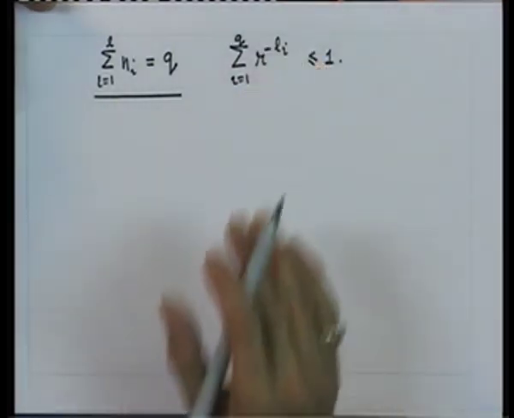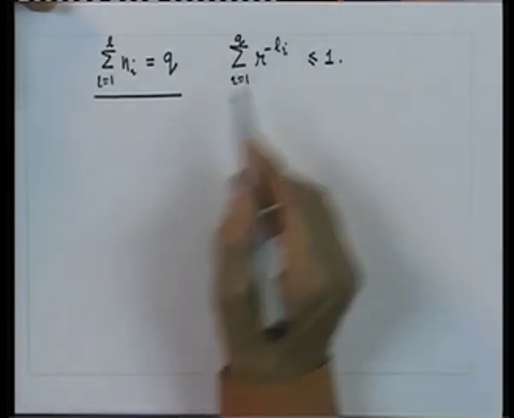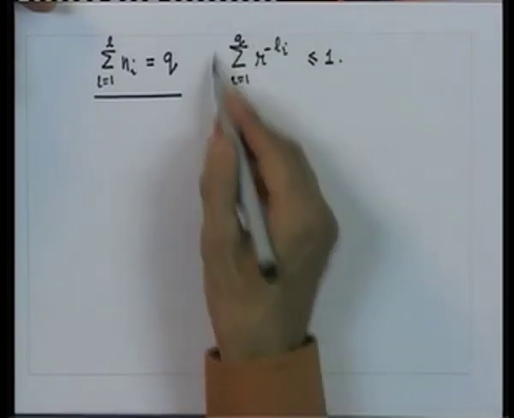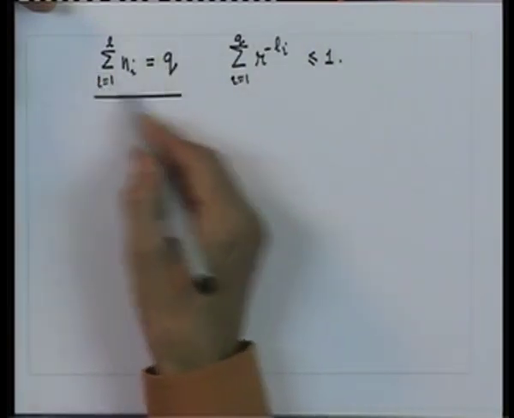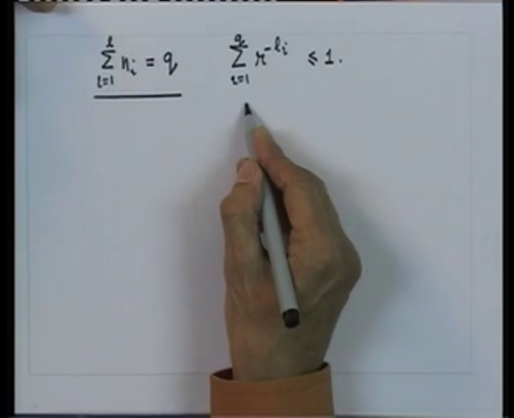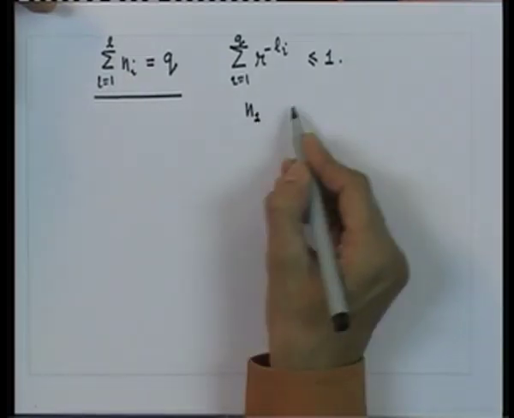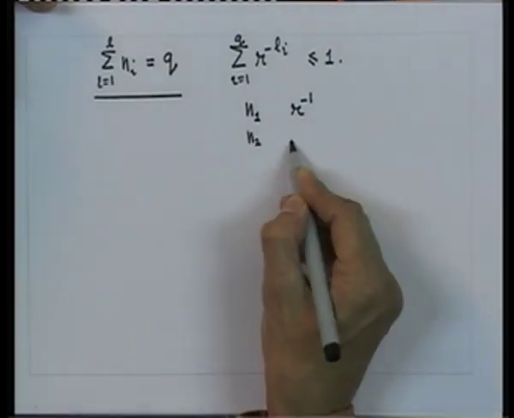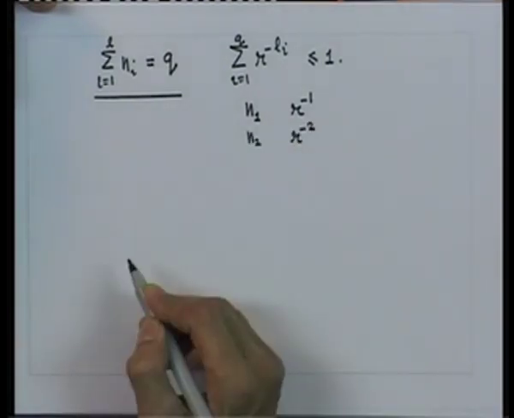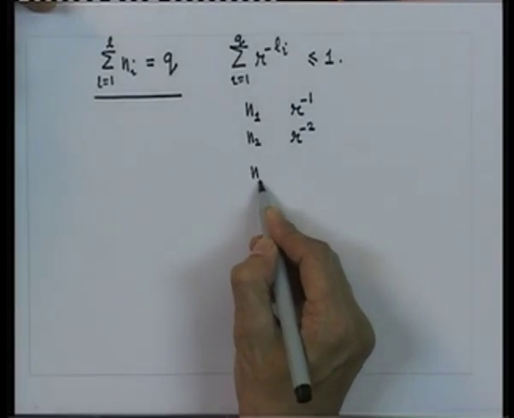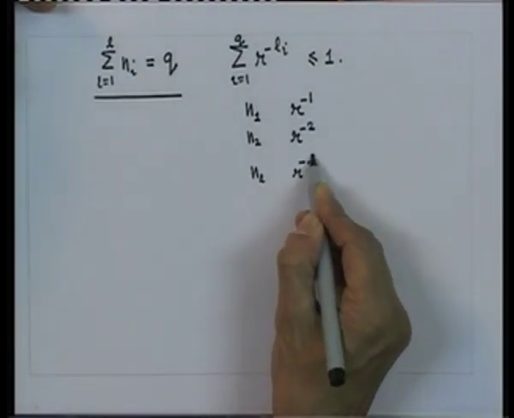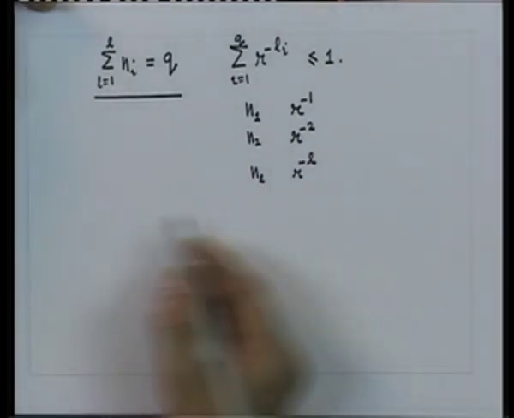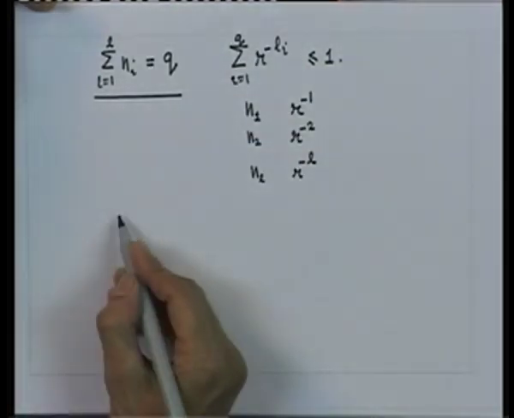I assume that this is true. So, what it means is that in this inequality, based on this relationship here, I will have N1 terms corresponding to R minus 1, I will have N2 terms corresponding to R minus 2, and I will have NL terms corresponding to R minus L. So, based on this I can write this equation out here as